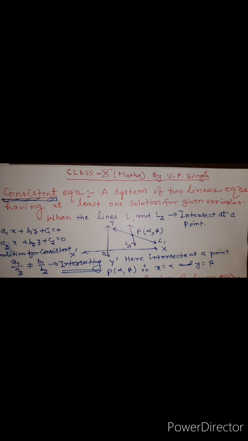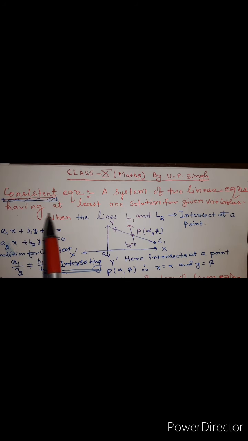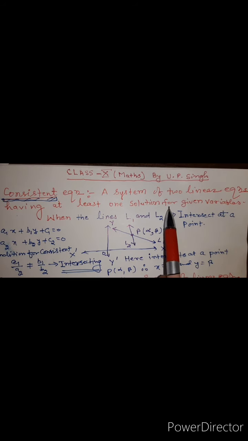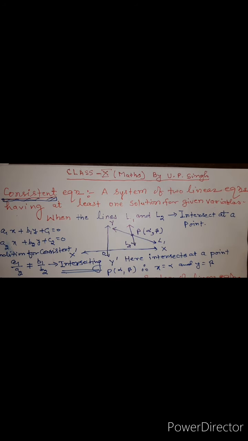So first of all, you have to look what is consistent equation. Look at here, consistent equation. A system of two linear equations having at least one solution for given variables is called consistent equation. Student, for consistent equation,